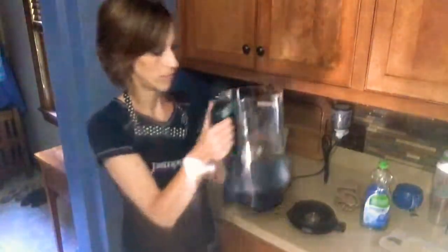So I wanted to show you the best feature, in my opinion, of the new Deluxe cooking blender. So we know that it has a heating element, and that's what cooks the food. It is not cooking by friction of the blades moving, it's actually cooking it. And because of that heating element, which is on the bottom of the blender,